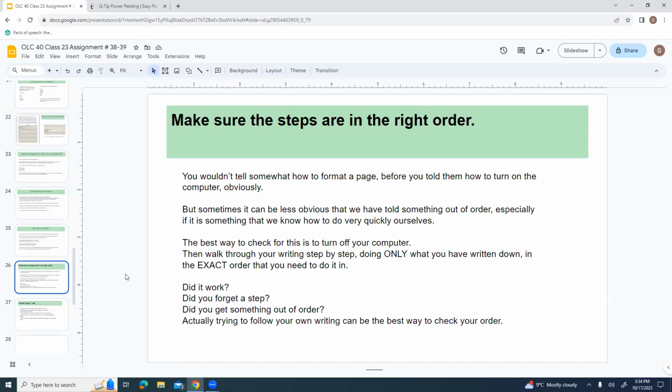Make sure the steps are in the right order. You wouldn't tell somebody how to format a page before you told them how to turn on the computer, obviously, right? Just like I wouldn't tell somebody to pour a cake into the pan before they'd even put any flour in the bowl or done anything with the cake mix, right? But sometimes it can be less obvious that we've told something out of order or that we've skipped something, especially if it's something that we know how to do very quickly